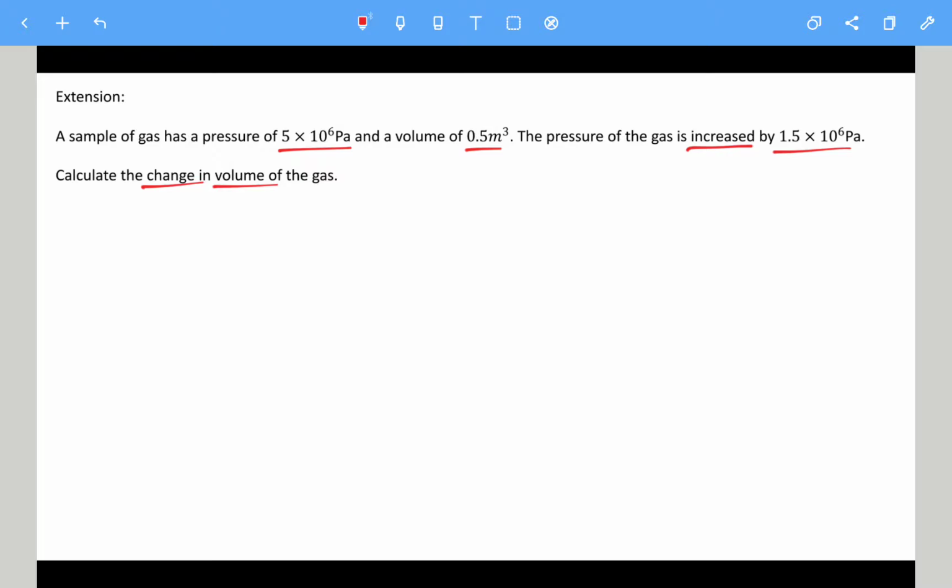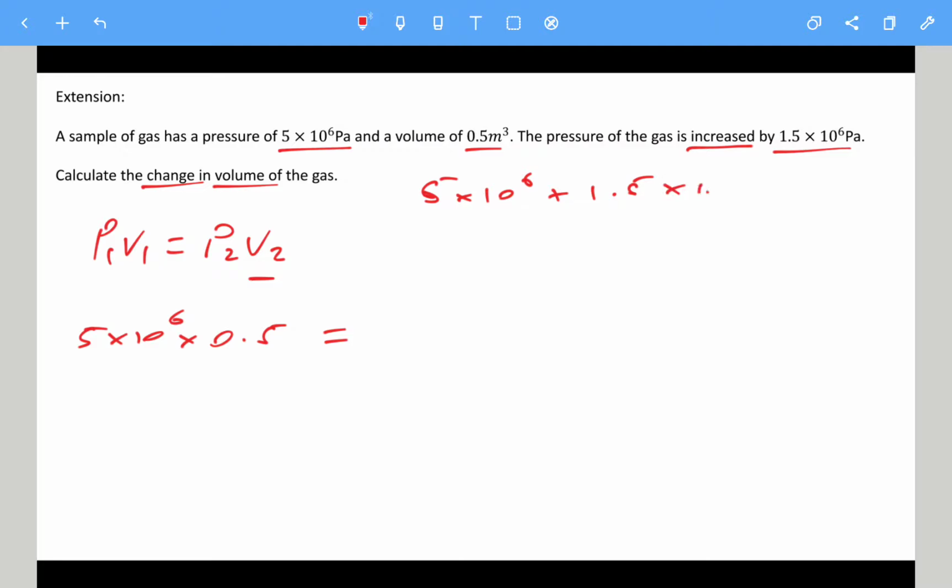So a sample of gas has that pressure and it's increased by that much. So let's do P1 V1 equals P2 V2. So let's find the second volume first of all. So the first pressure is simply 5 times 10 to the 6, multiplied by its original volume of 0.5 cubic meters, equal to pressure 2. Now it's not the 1.5, the pressure has increased. So we need to do 5 times 10 to the power of 6 plus 1.5 times 10 to the power of 6. So that gives us 6.5 times 10 to the power of 6 for the second pressure,